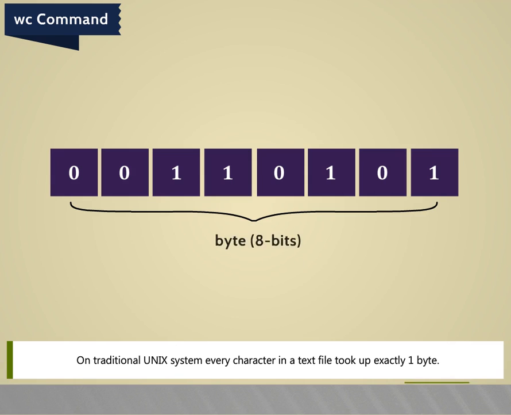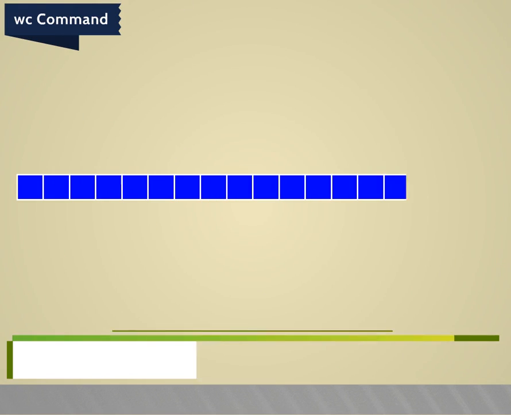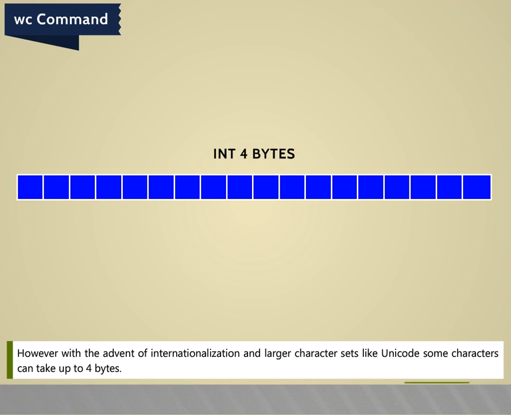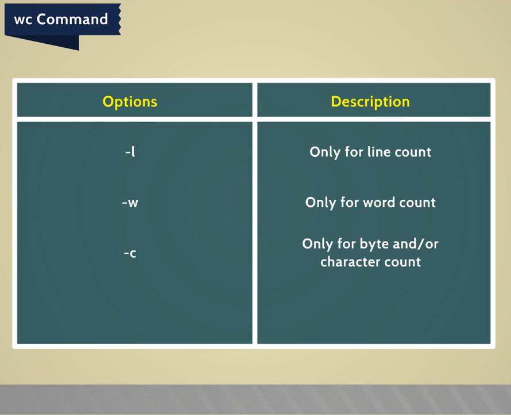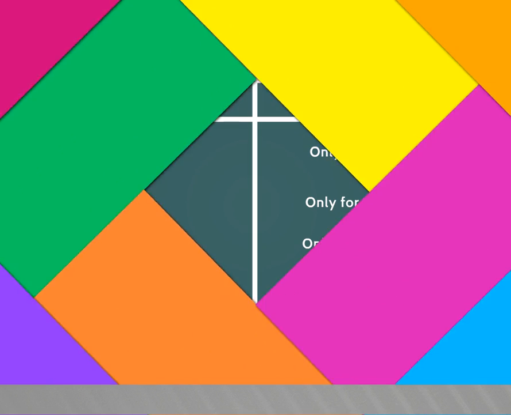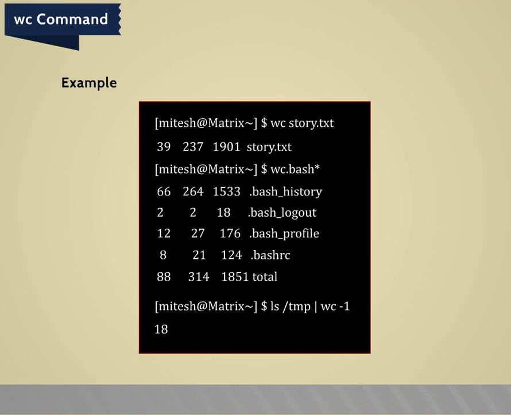On traditional Unix systems, every character in a text file took up exactly 1 byte. However, with the advent of internationalization and larger character sets like Unicode, some characters can take up to 4 bytes. Options: -l only for line count, -w only for word count, -c only for byte count, -m to get an accurate character count. Examples: